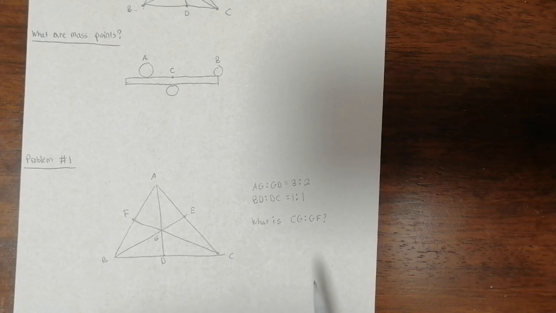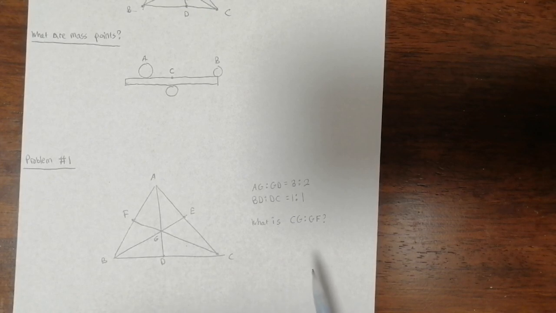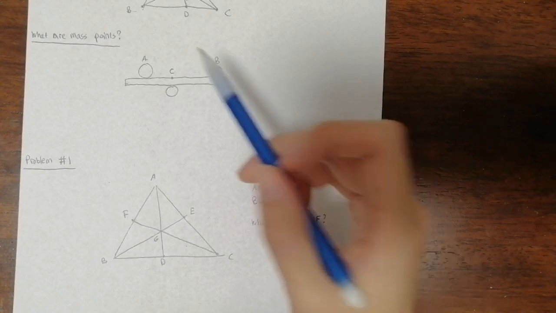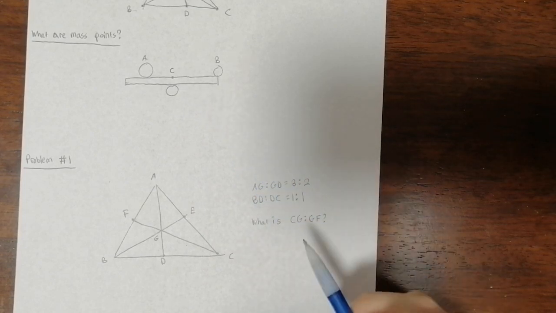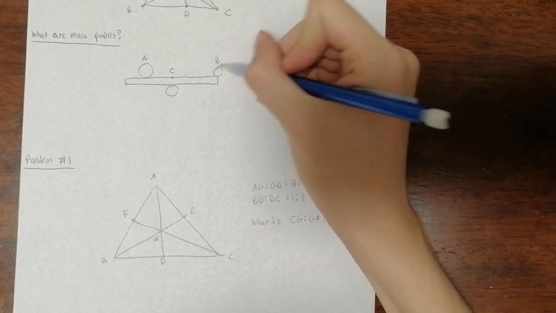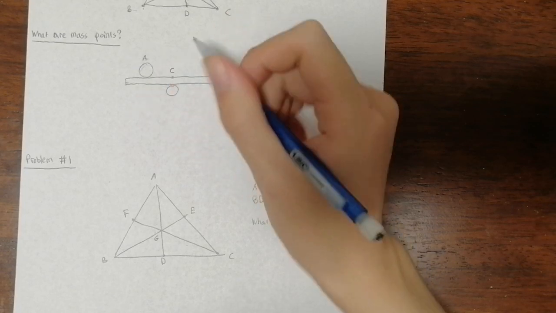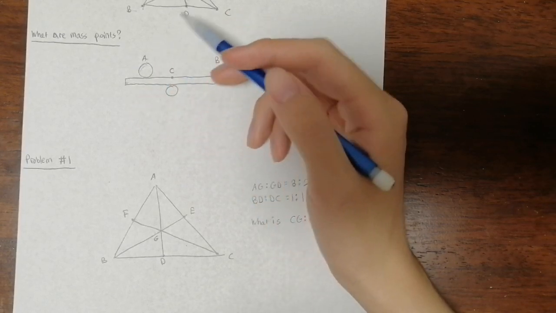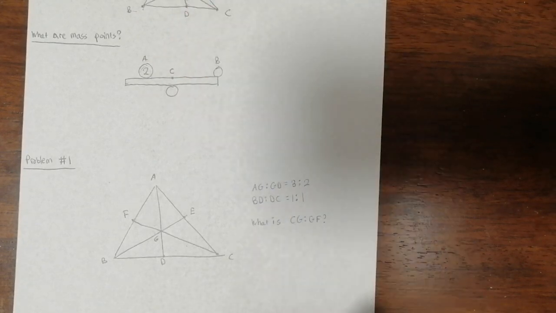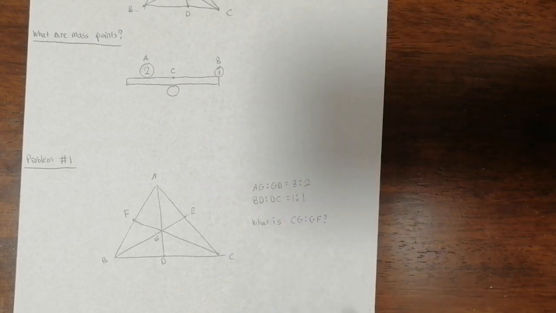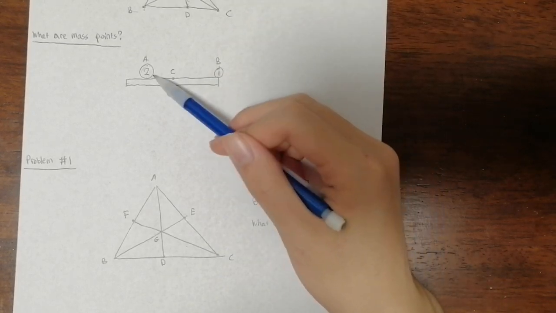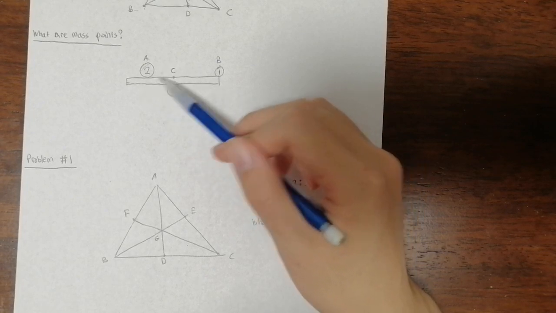Mass points are based on physics, and it uses the idea that any system of points has a center of mass. So let's look at the example where we have 2 points. We have A and B here, and their center of mass is going to be C. So let's say we have a ball A on the left side here, and let's say it has a weight of 2, and the smaller ball B has a weight of 1. Intuitively, we're going to have to place this ball A closer to the fulcrum C,